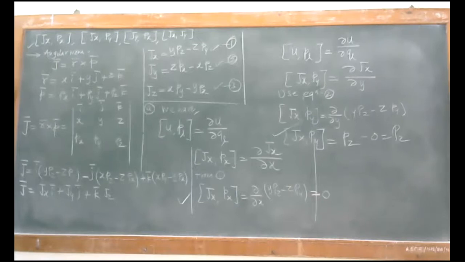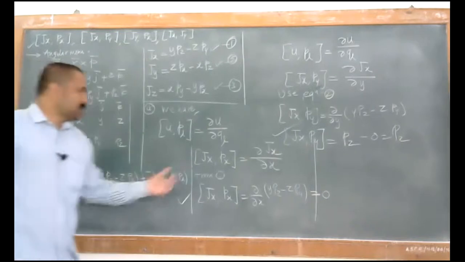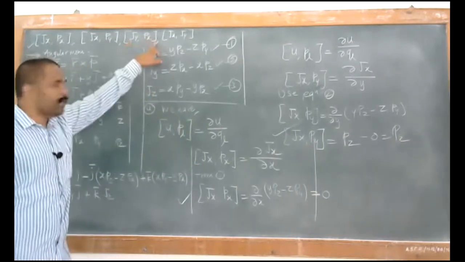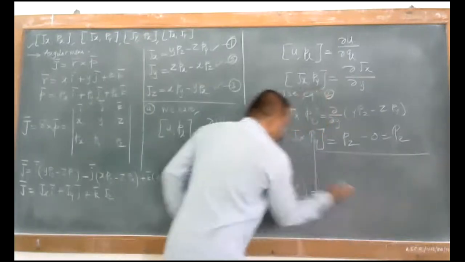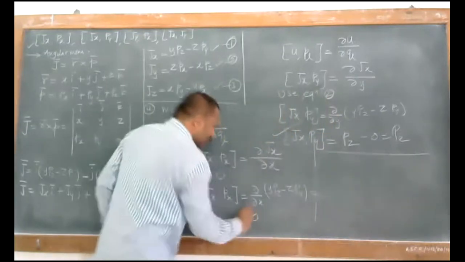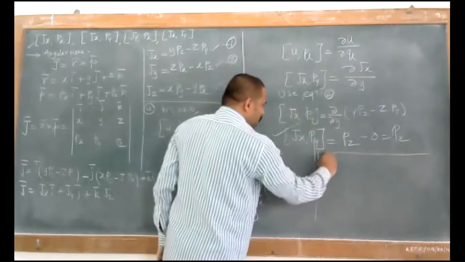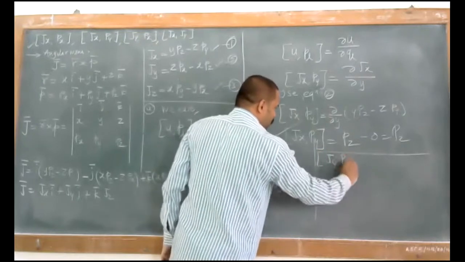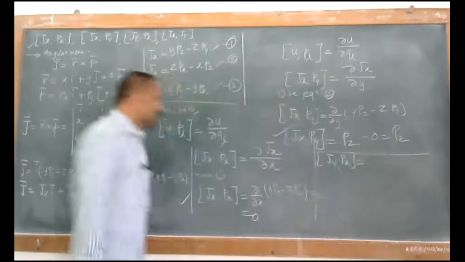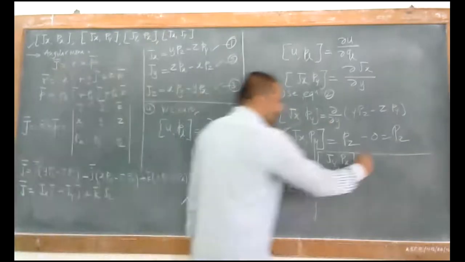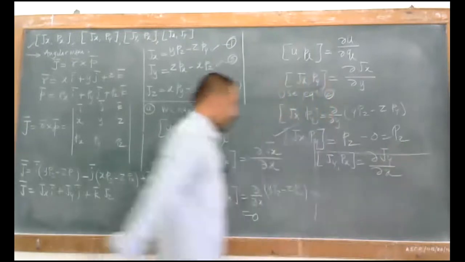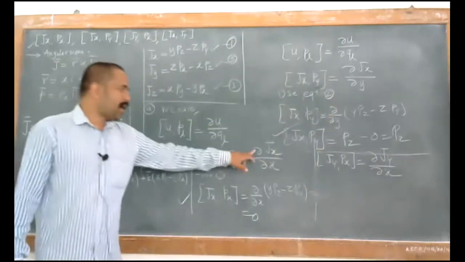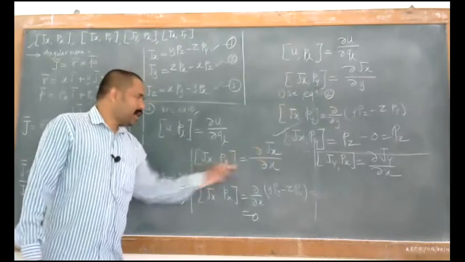What about the third one? The third one is also on the same basis. What is the condition? The condition is jy px. Just look at this one. For the third one, we'll have a condition that is jy px. So how will you write that? We'll write that as gamma jy by gamma x. Is everyone following? Gamma jy by gamma x.